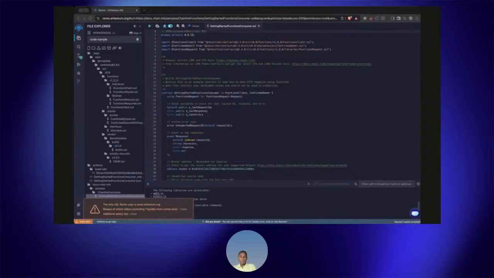Okay, all right. So with your Remix open, just follow along as I do. We write the smart contract.